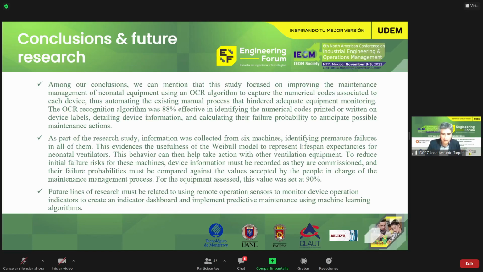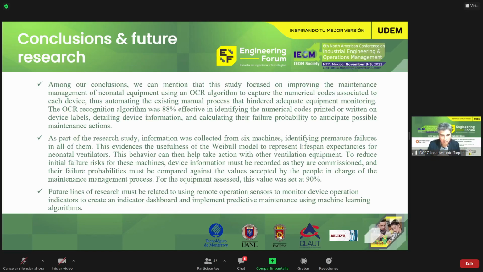This evidences the usefulness of the Weibull model to represent lifespan expectancies, so they can take action. For the equipment assessors, this value was set at 90%, meaning the equipment should function at a 90% level. So this is something that the maintenance team will have to take control of and cover in all of the